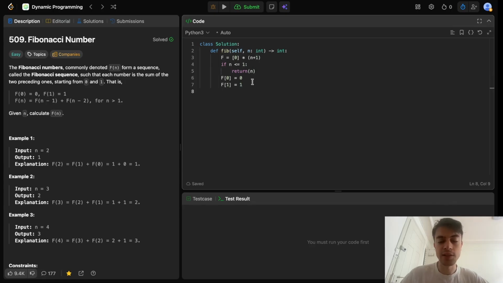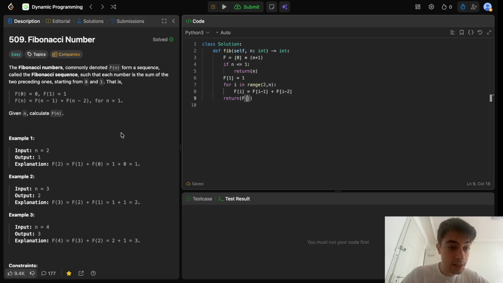Then of course we initialize the first two numbers of the list. f0 is equal to 0. Actually, it's already initialized here, so it's not necessary. But f1 is equal to 1. And then what we will do is a for loop. So let's say for i in range 2 to n. What happens is that I want to change fi. So for example, the first number will be f2, and this is going to be f1 plus f0. Of course, in this case it's for f2, but in general it's i minus 1, and here i minus 2. And we continue again and again, and at the end we return